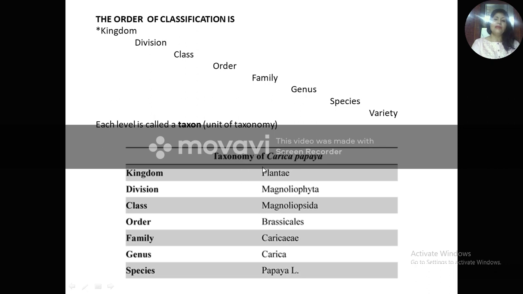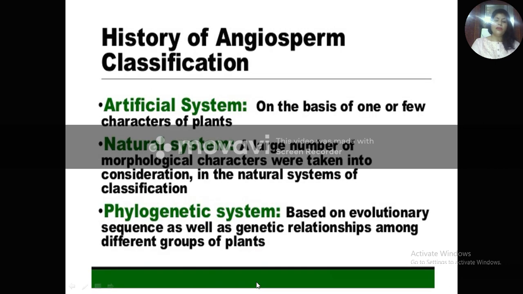For example, if you look at Carica papaya, you all know papaya. So it belongs to the kingdom Plantae, division Magnoliophyta, class Magnoliopsida, order Brassicales, family Caricaceae, genus Carica and of course species papaya. So if you look at the history of angiosperm classification, we have seen that there are three types